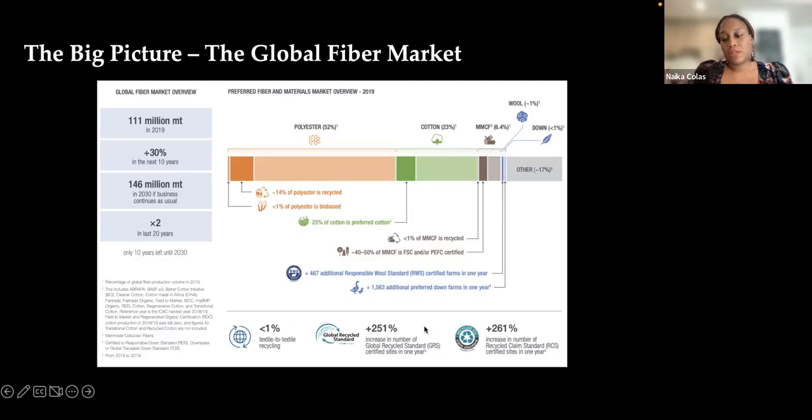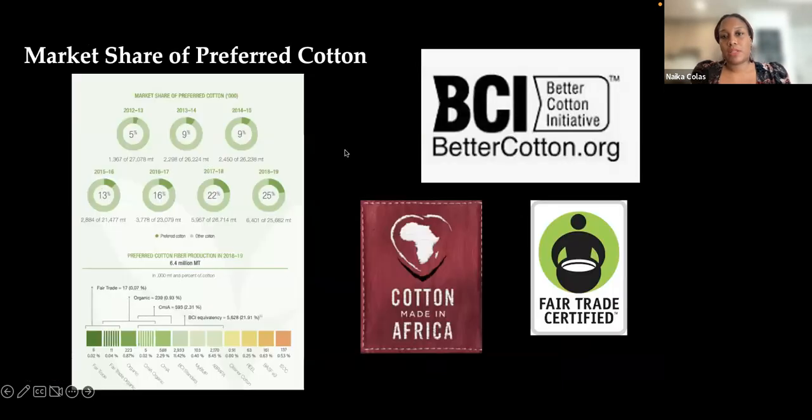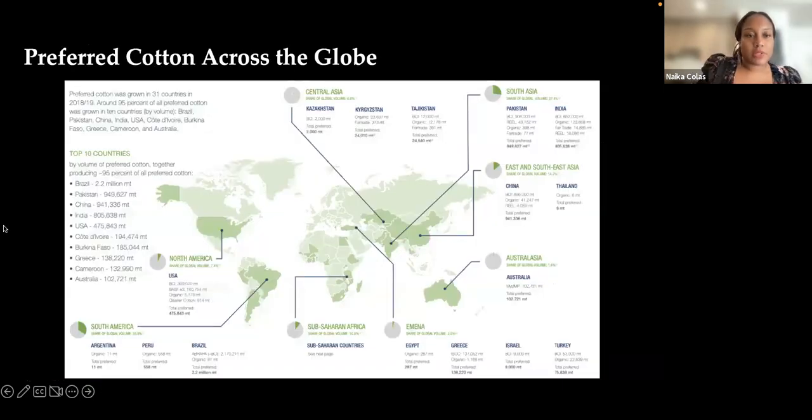And then there's a list of factories that have science-based targets or are using science-based targets, and you can find them and see if they do small batch production if you're interested in the space of sustainable fashion. So plant-based natural fibers, one would include cotton, and again, this cotton space, let me just go back,